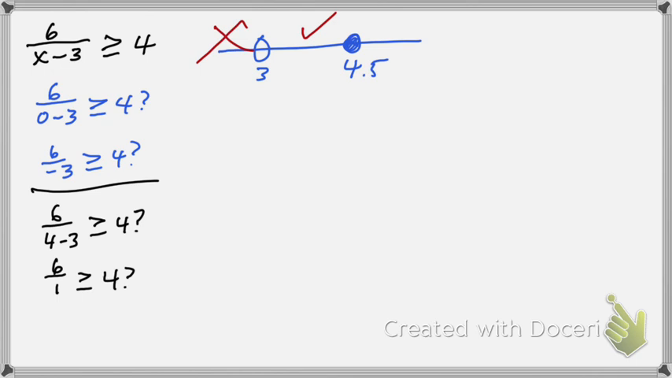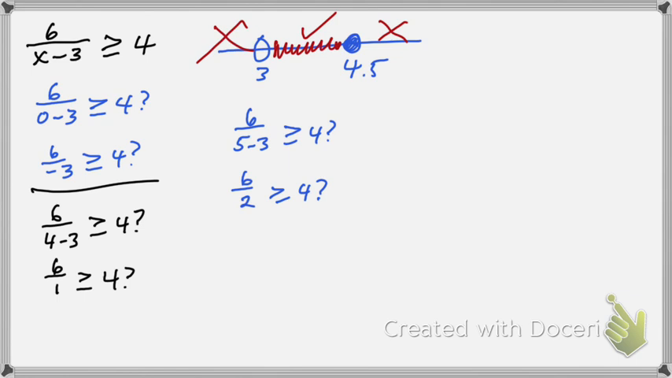And then I'm going to do a number bigger than 4.5. That'll work. So I've got 6 divided by 5 minus 3. 6 divided by 2. No, I got 3 on the left and 4 on the right, so that one doesn't work. So we're talking about this area right in here